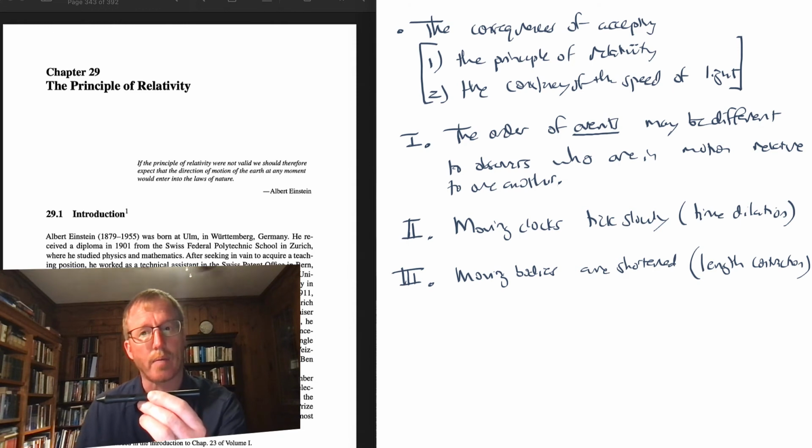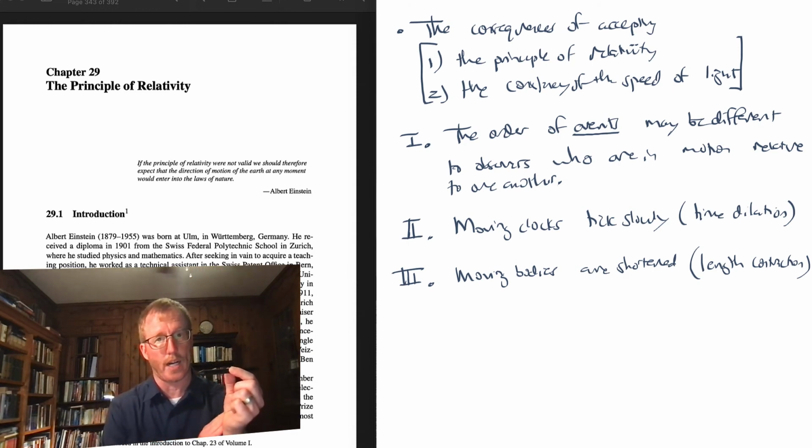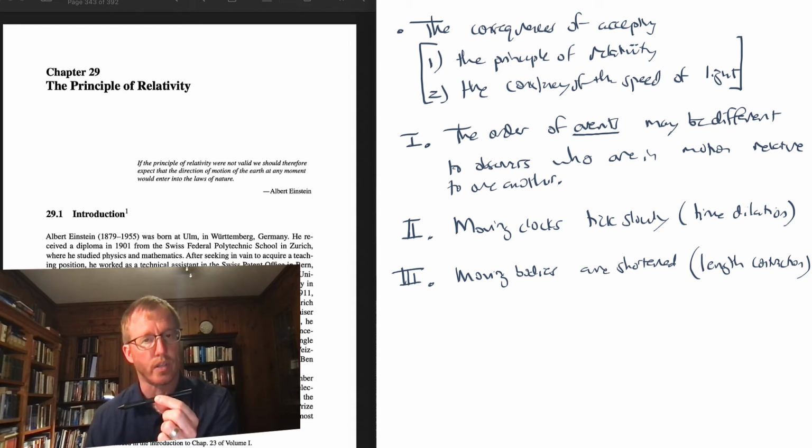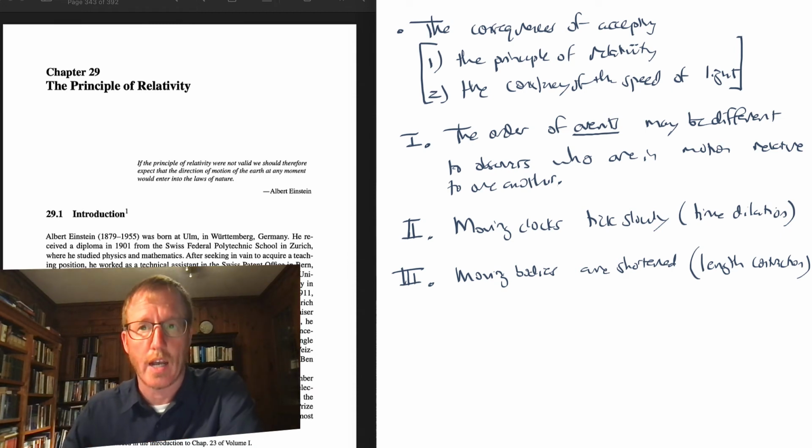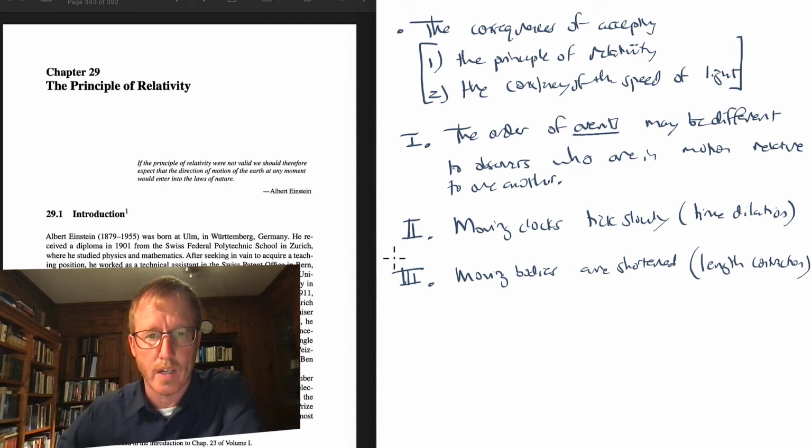Now, the phenomenon of length contraction says that if I am running past you at a high speed, holding this pen, once again at a high speed, close to the speed of light, when you try to measure the length of this pen, you will see it shortened compared to me. You might say this pen is only 4 or 3 or 1 centimeter long. That is the phenomenon of length contraction, and that is going to be another consequence of accepting the principle of relativity and the constancy of the speed of light. And then finally,